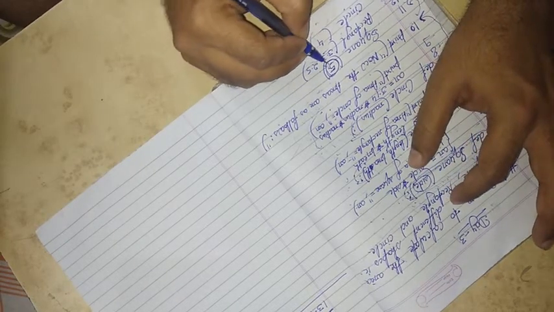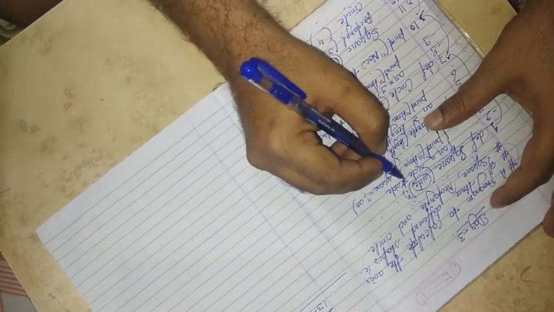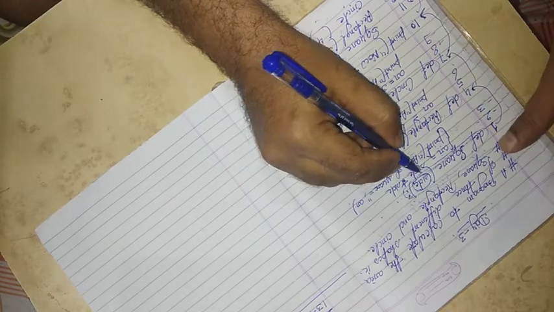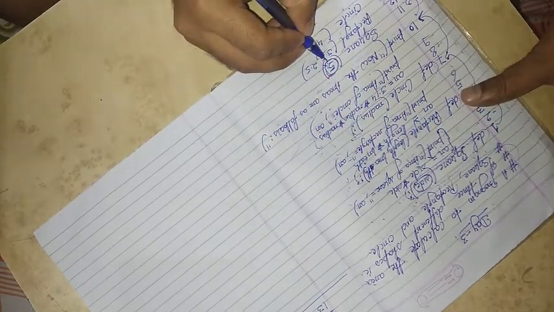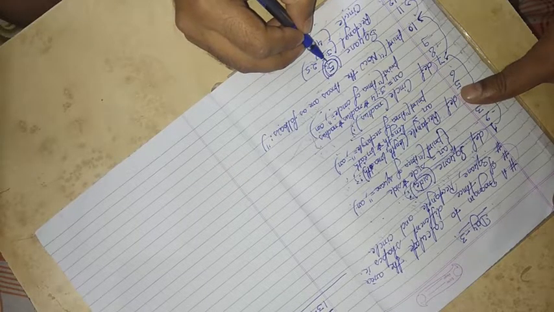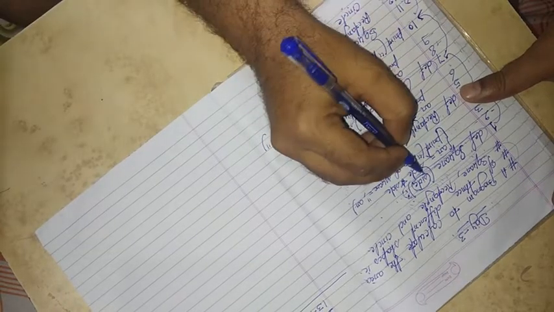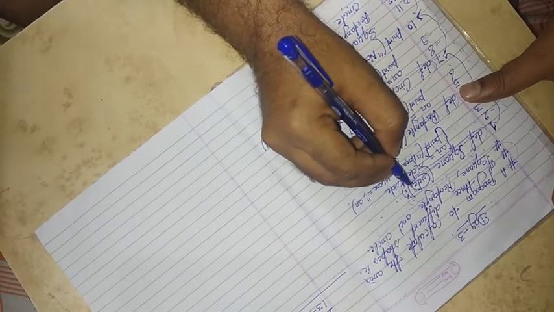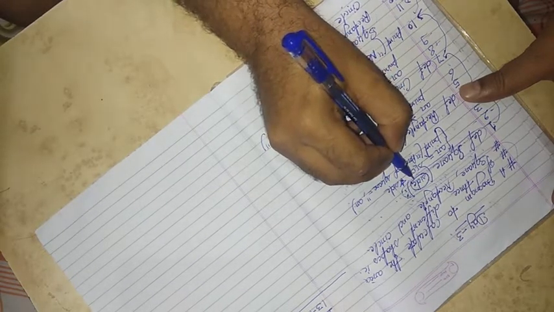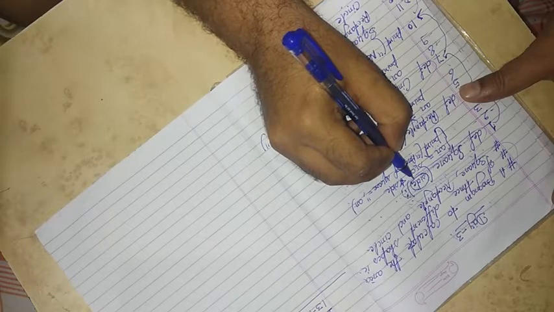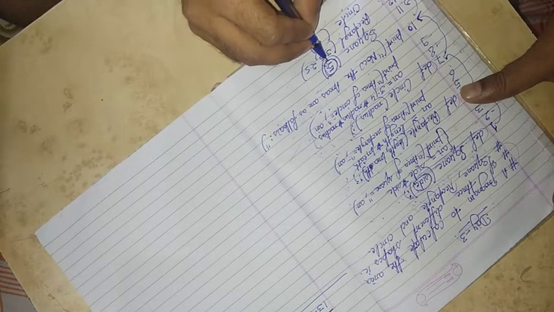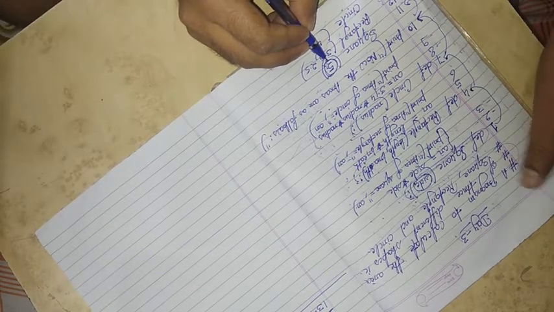But I will use arguments and parameters here. The parameter means the list of variables which I have specified at the time of function definition, and the argument is the list of variables, literals or expressions which I have specified at the time of function calling. Always remember, in a function definition, the parameters can only be available in the form of variables. They cannot be available in the form of literals or expressions, but arguments can be available in the form of a variable, a literal, or an expression also.